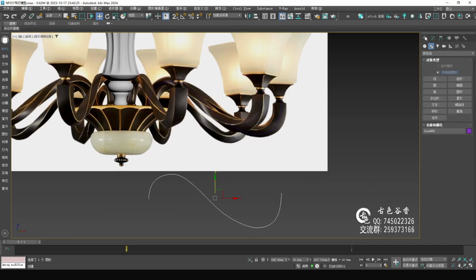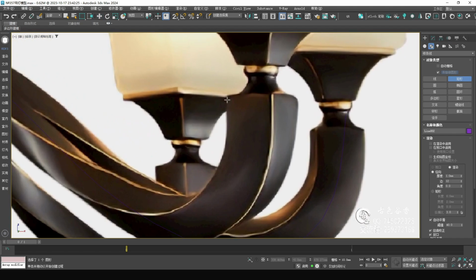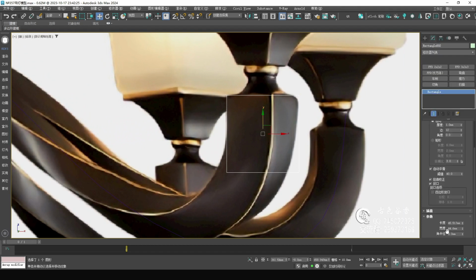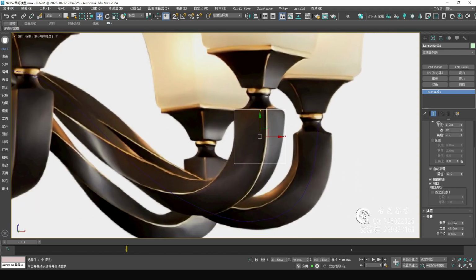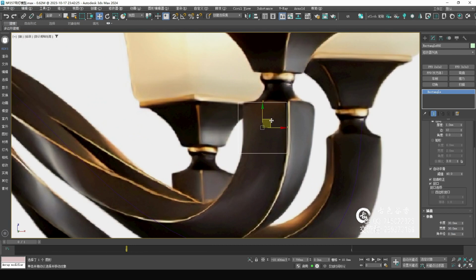And then I'll draw a rectangle. The rectangle is about the same size as this one. Let's change its size to 40, or 45. It seems too big. Let's give 30. About this big.